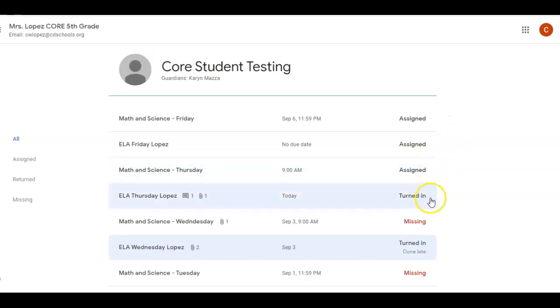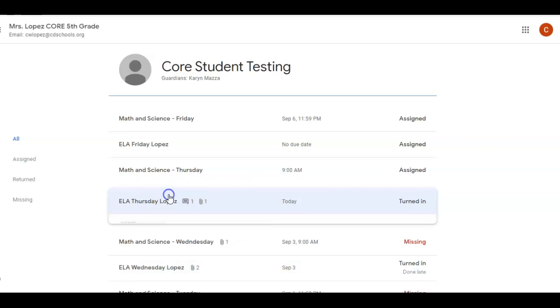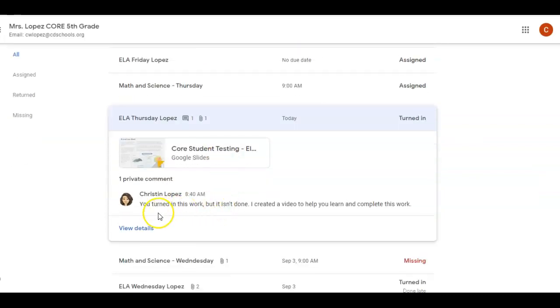But right here, okay, so this one says turned in. I can see that there's an attachment and there's also a comment from the teacher. So I'm going to open this up and take a look, and this comment from the teacher says you turned in this work but it isn't done. I created a video to help you learn and complete this work. So if I then go and look at my work,